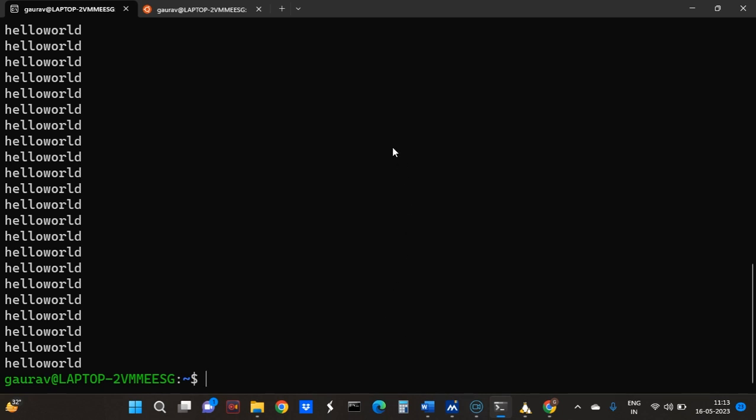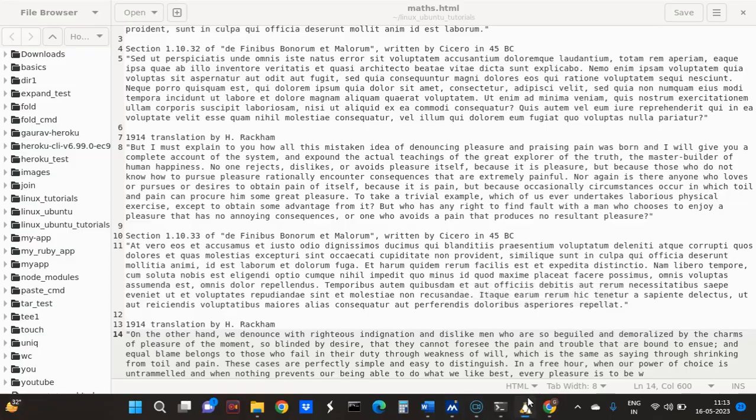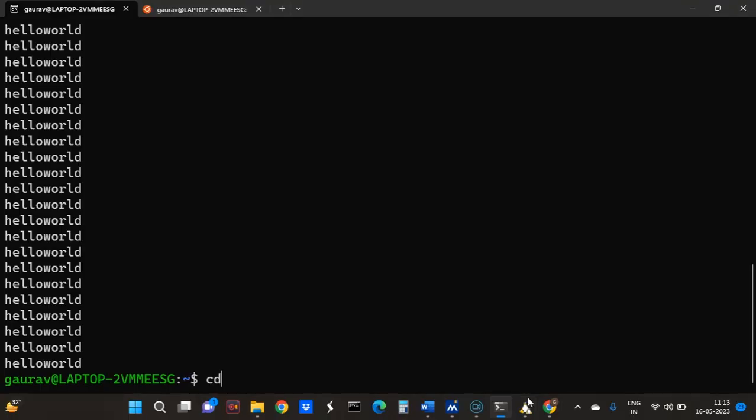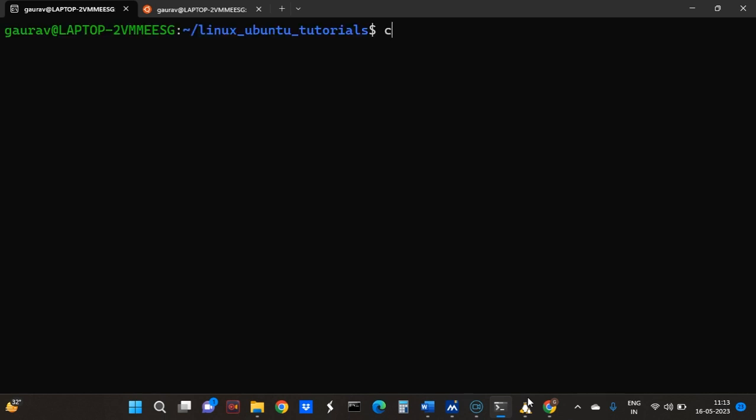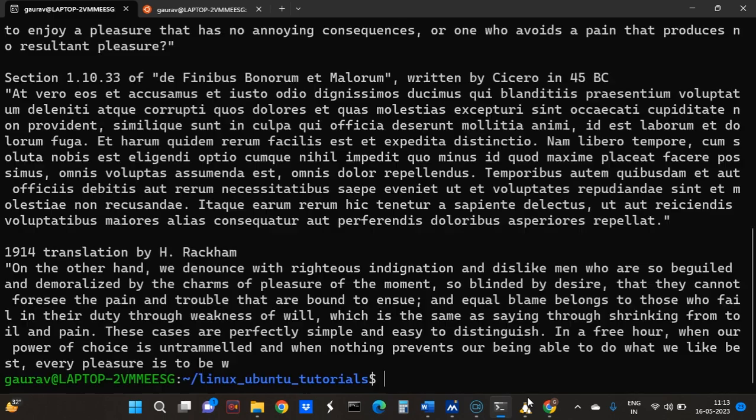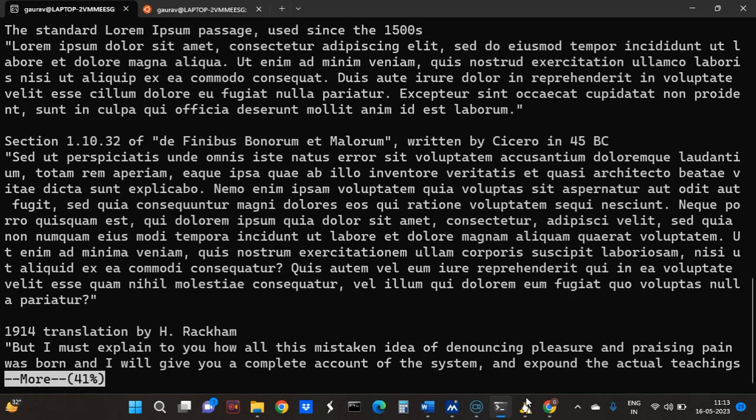See, I'm just typing cat. What is the name? Okay, first I have to go to the directory. Okay, so now I clear the screen and I will show maths. See, it is such a painful thing to do. But if I use more, see, now 41% more is remaining. So the more commands, see,